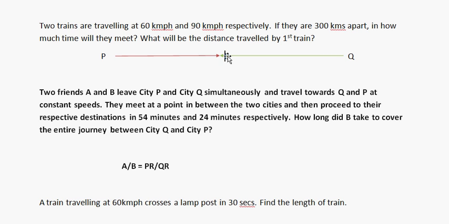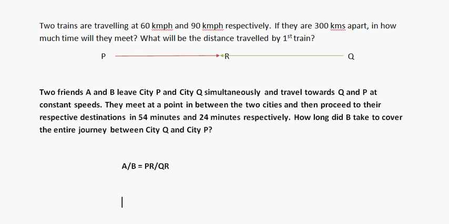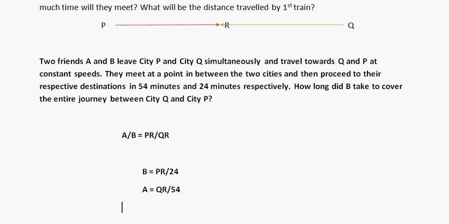So that's the ratio, because when they are meeting at R, they are taking the same time, right? So that's the ratio of their speeds, right? Now we can also say that speed of B is equal to, so B has to travel PR and it is taking 24 minutes, and A has to travel how much? A has to travel RQ, or QR, and it is taking 54 minutes, right? So we can also say that A ratio B is equal to how much? QR by 54, this whole divided by PR by 24, right? So this is also the ratio of their speeds,